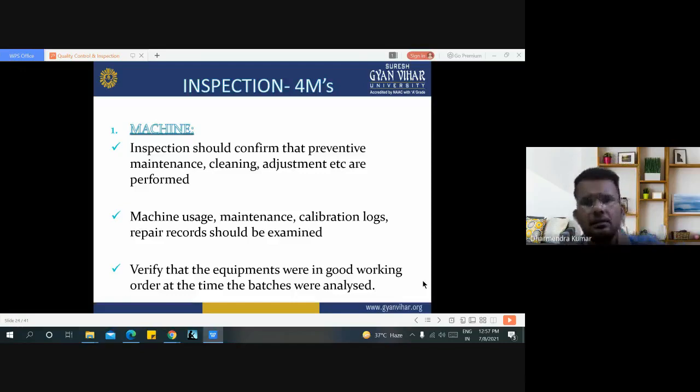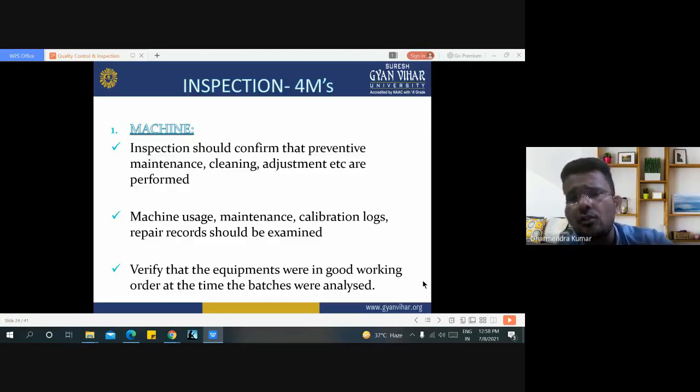Here, these all form the inspecting of machines, like which type of machine we are using, the maintenance process which we are using on the machine, calibration logs, and the repair records, like when the previous maintenance or servicing was done, or how many parts, at which time interval, are replaced in this machine.